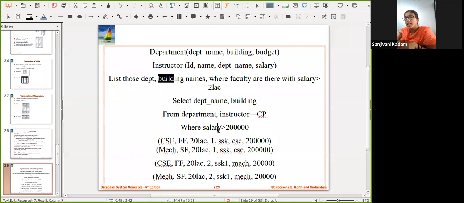But whenever we are passing this condition, salary greater than 2 lakh, or consider here I am writing 1,000, so that condition will be satisfied. At this point only this tuple, same tuple, sorry, here I will have one extra 0. Yes, this tuple and this tuple are the same, one SSK CSE and one SSK CSE.